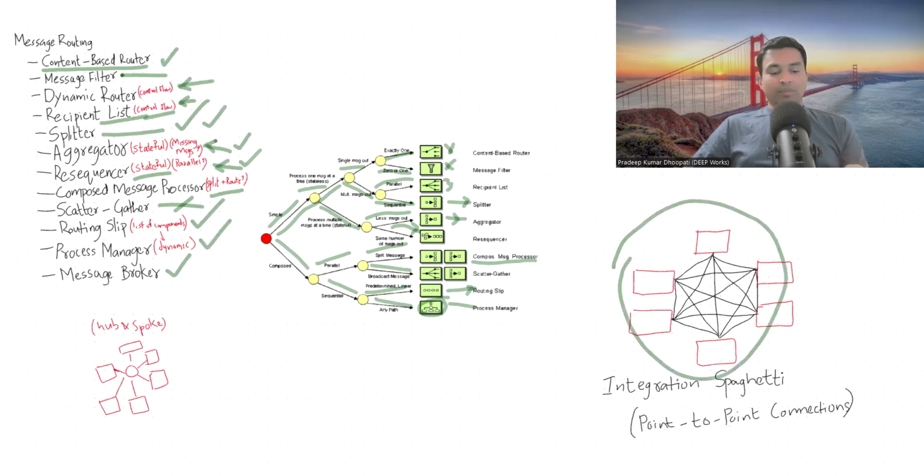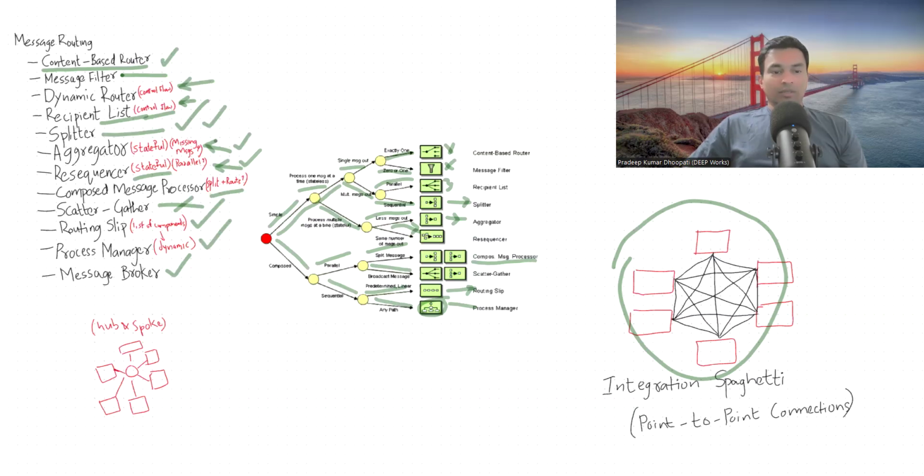So with all these message routing patterns, at times your integration solution may become like this, with so many point-to-point channels, and it can easily become an integration spaghetti, which is really hard to maintain and hard for new team members to understand. And for this reason, if the point-to-point channels are growing in large numbers, you have to